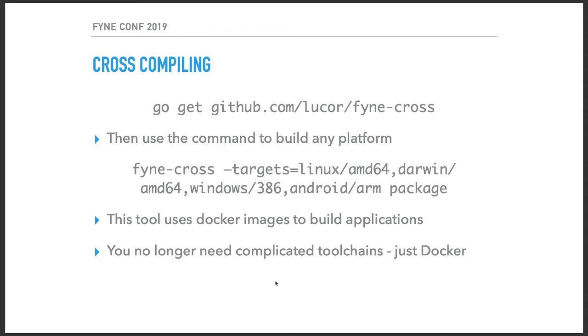As we're building graphical applications, these are required to build and not necessarily straightforward to install on lots of different platforms. So the Fyne Cross project was created by Luca, one of our core contributors, and this